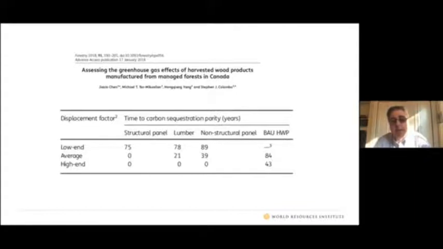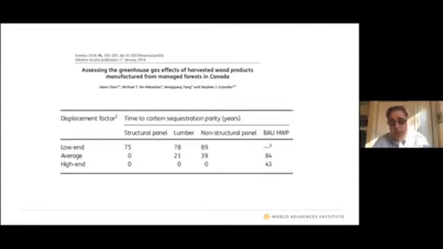And in this case, 70% of the timber that's harvested gets into construction material. And they had a very, very high substitution value for concrete and steel. And if that's true, then here you don't really even have a payback period. You get a kind of immediate benefit for a structural panel. For lumber, it takes 21 years before you get a net greenhouse gas reduction. So it means you've increased emissions for 21 years, and 39 years if it's a non-structural